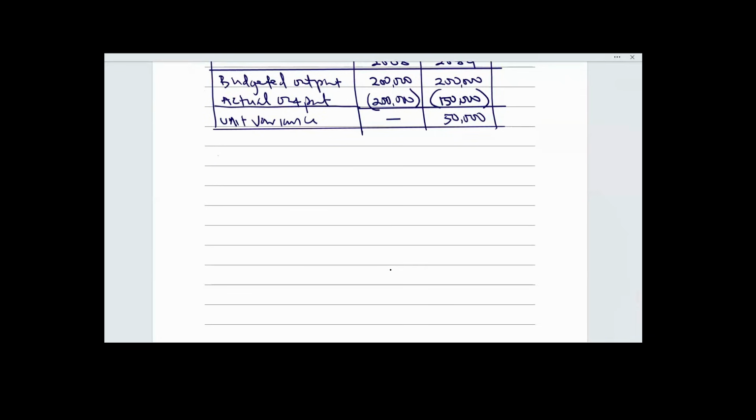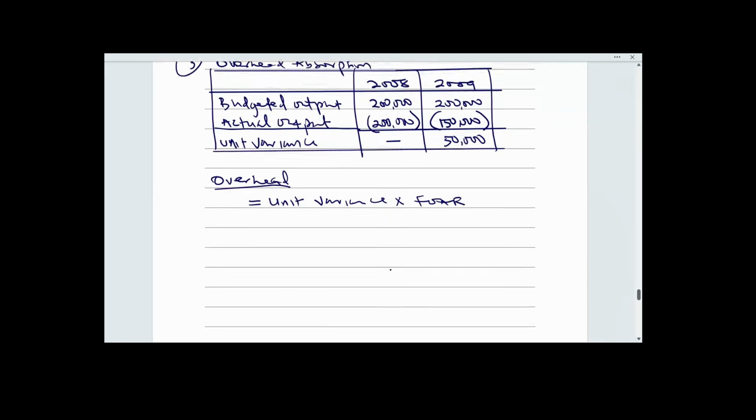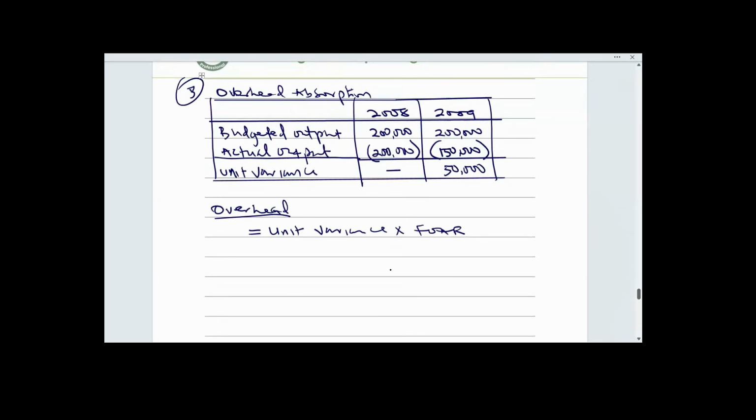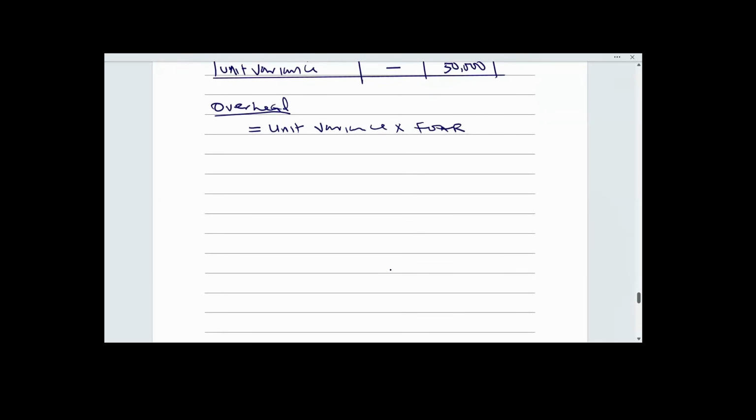let me put it this way. Overhead variance will be equal to unit variance multiplied by fixed overhead absorption rate. So in 2008, the overhead were properly absorbed. But in 2009, there is a variance. So in 2009, so we have under